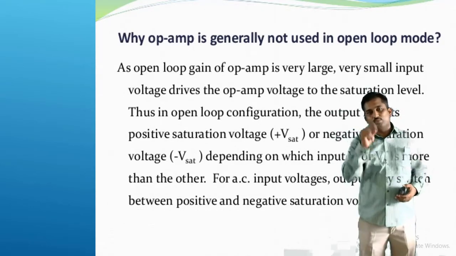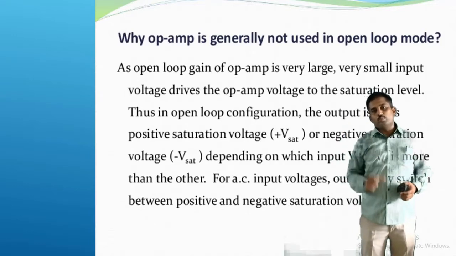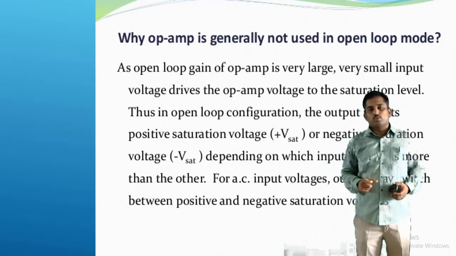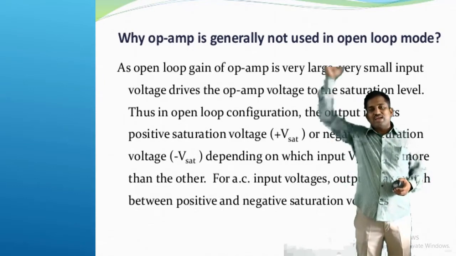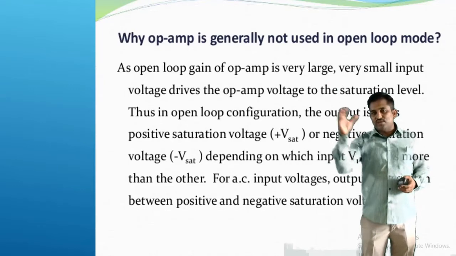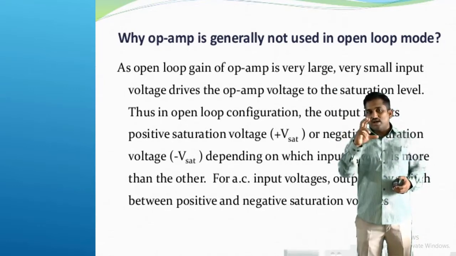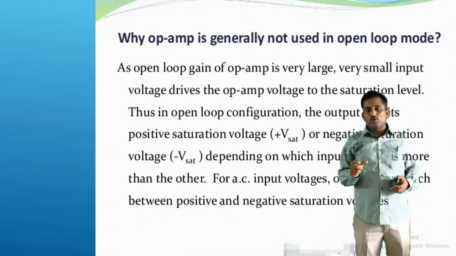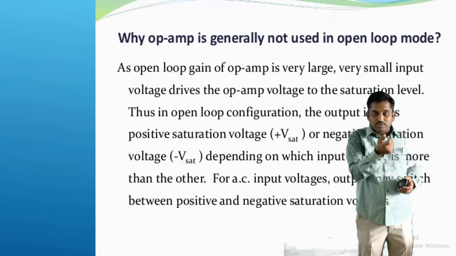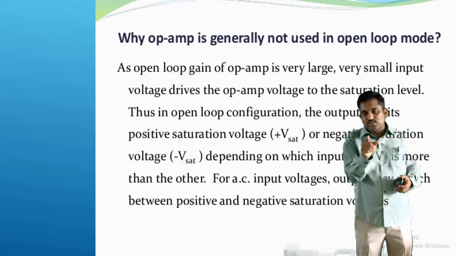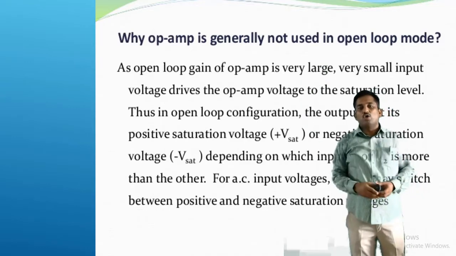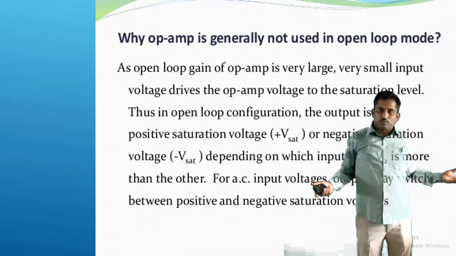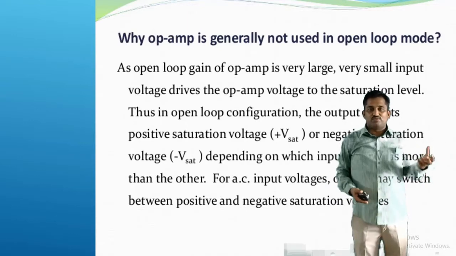Generally, an op-amp is available in two modes. One is open loop mode and the other one is closed loop mode. The main difference between the open loop mode and the closed loop mode is, for the open loop mode the gain will be a very high value, whereas for the closed loop mode the gain will be a low value. Because the gain is high in the open loop mode, even a small change because of noise applied at the input terminals of an op-amp will be amplified and produce the output. So you will get a distorted output because of the noise itself.